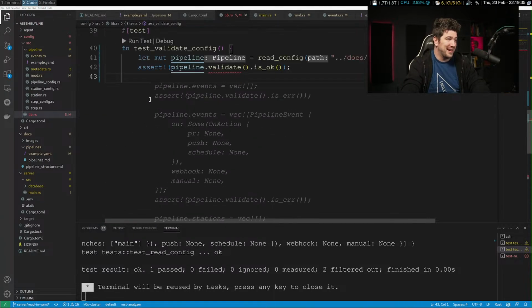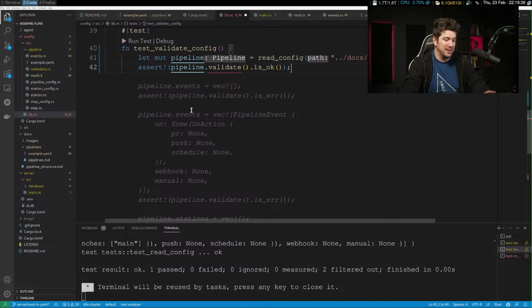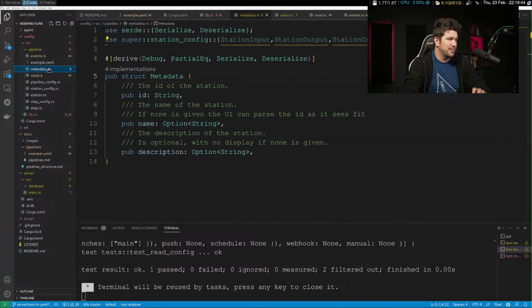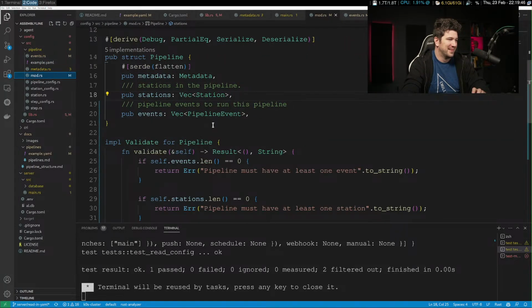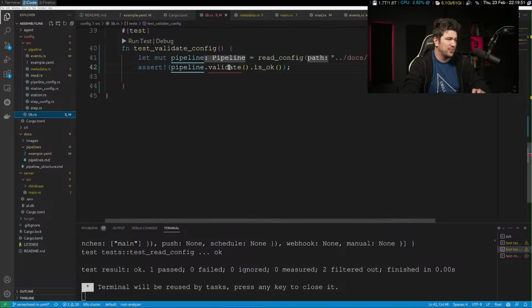It's not garbage. I actually think it's trying to be a little bit smarter than, oh, did I not call it validate? One second. What did I call it? I did call it validate. I did call it validate. What is it complaining about?